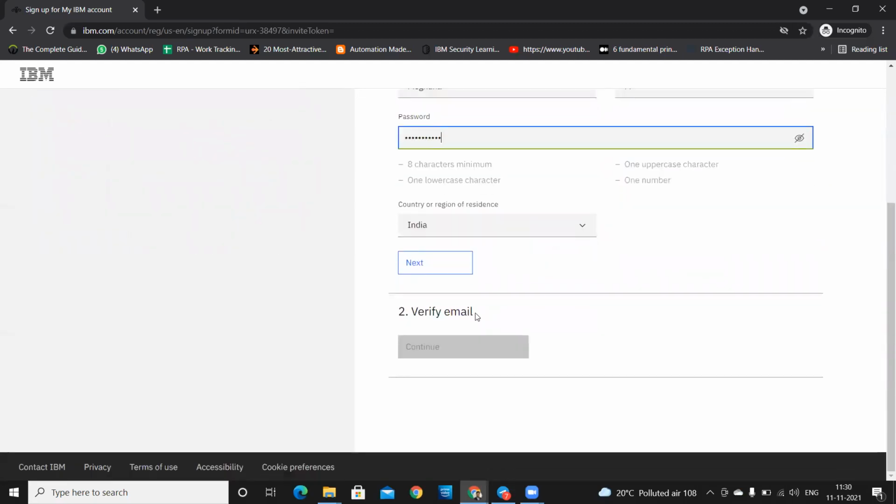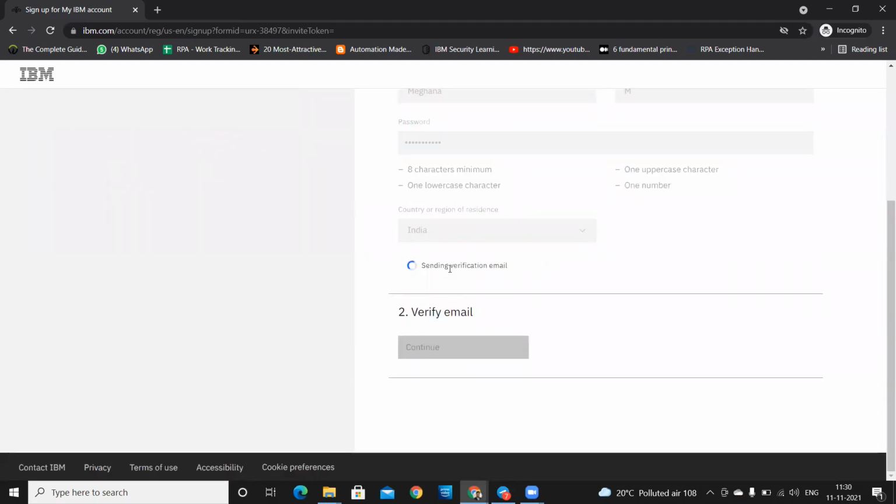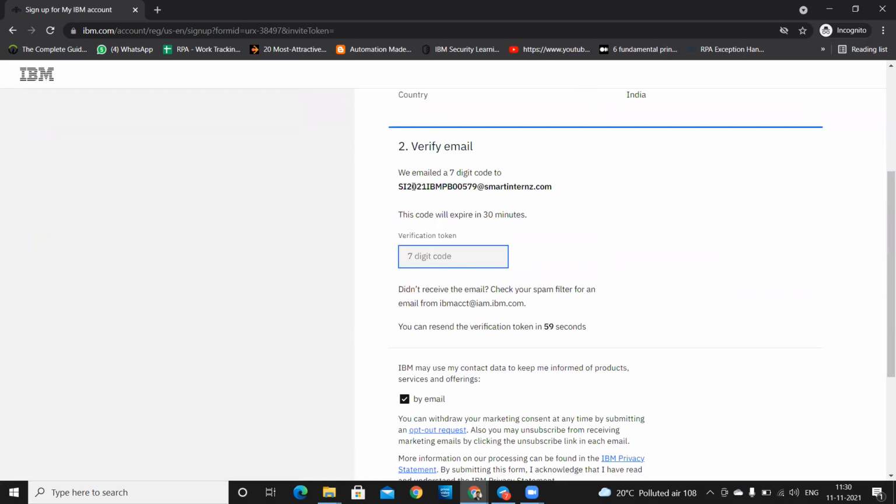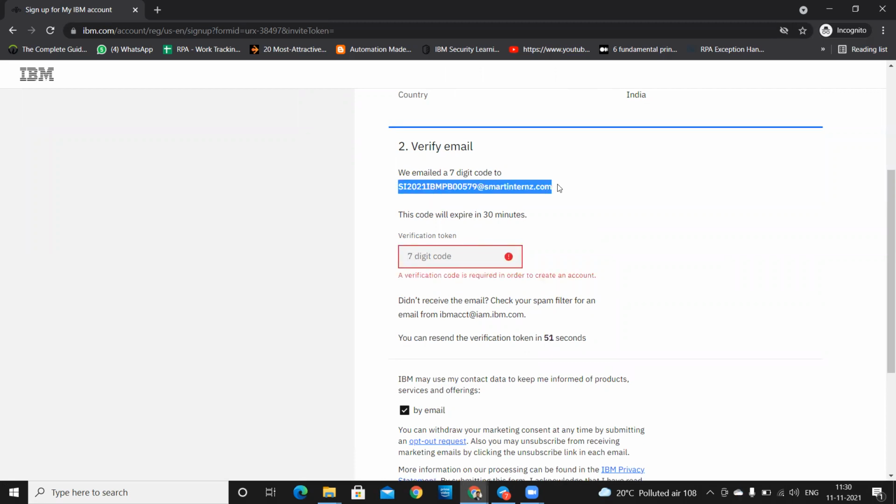Set your password and then click on next. Whatever email you have given, you will receive a 7-digit code. If you have used your Smart Interns email ID, then when we share the Smart Interns email IDs with you, we are sharing